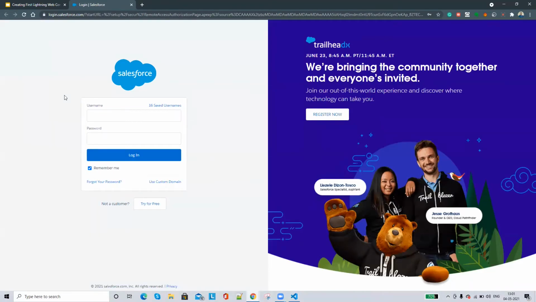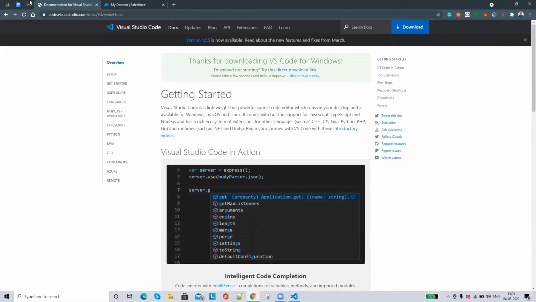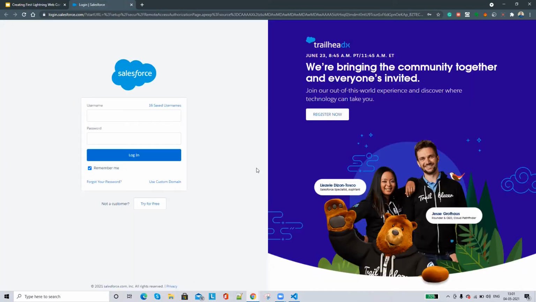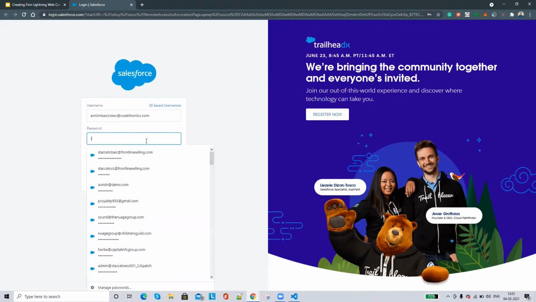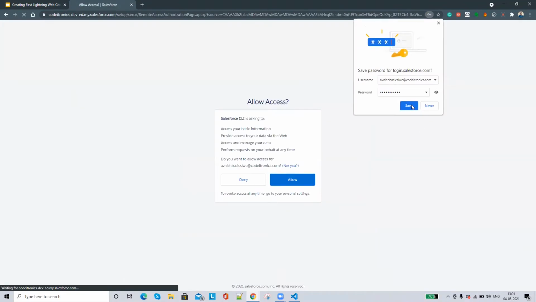So here you can see it's open, and to log in to your org you just have to log in with your org credentials. So let me go and see my username and password. So I'm logged in.